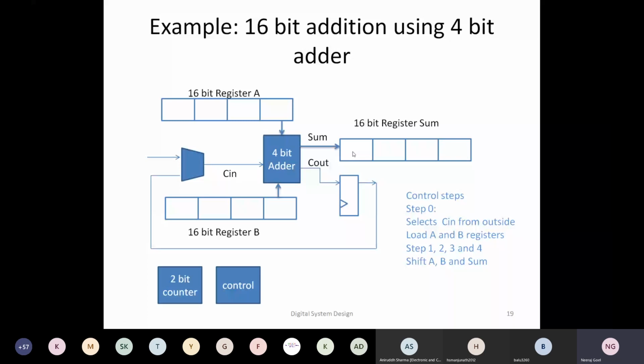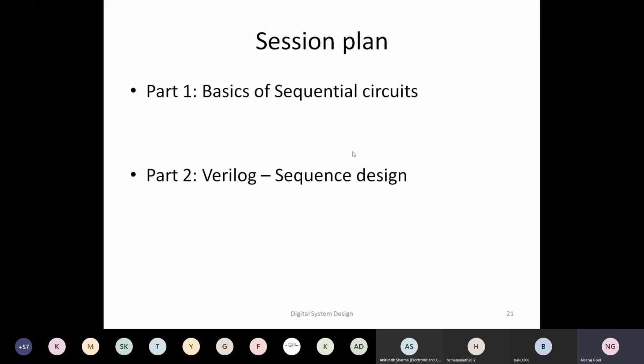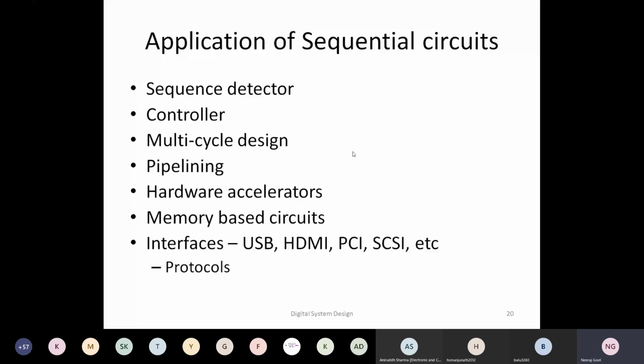Okay, with this example, I can stop for now. We can also discuss that the same sequential circuits could be utilized at various places: sequence detectors, and we have already discussed controllers. What is a controller? A controller could be used in controlling circuits and controlling systems. At all these places you need to have sequential systems. Designing of pipelining, hardware accelerators, memory-based circuits, and interfaces are most important